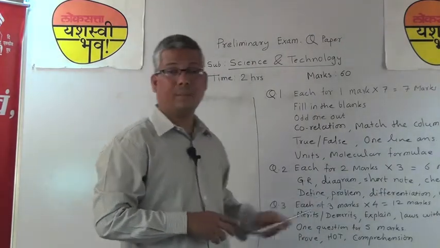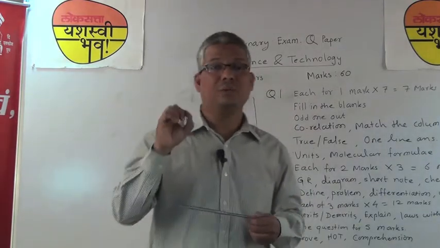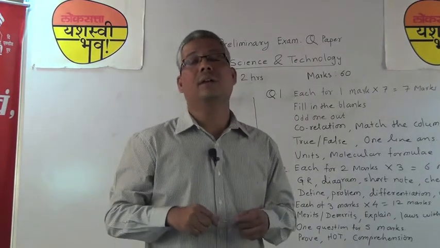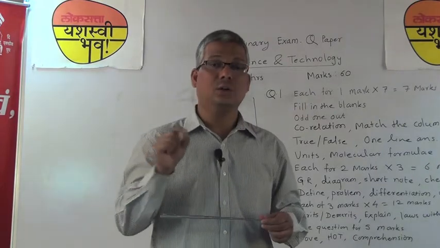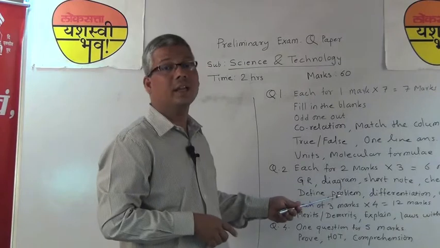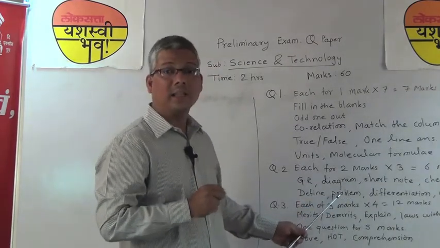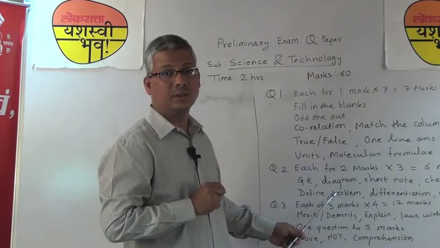Now numerical problem. While solving the numerical problem, please write down the given data in a mathematical form. For example, if focal length is given, use the small letter f to write down that value. Then check the units, okay? Then write down the formula and then solve it. Again, at the end of this problem, write down the answer in words.